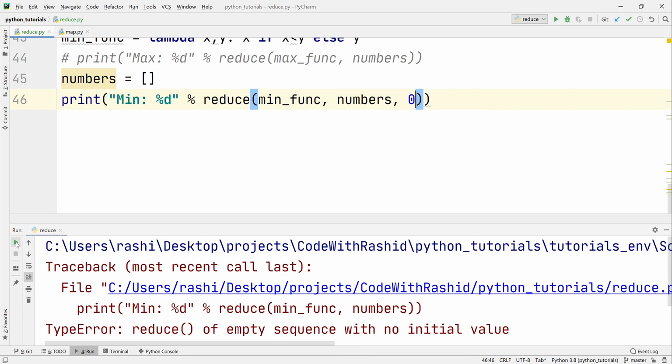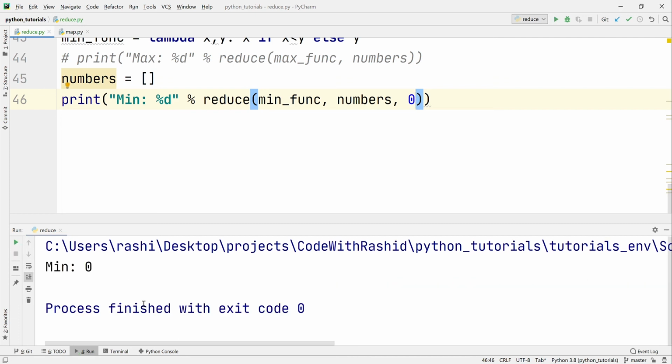If I run the program again, instead of throwing an exception, it will return 0. Basically, whenever the array is empty, reduce function will check the initializer value. If it has an initializer value, it will return the initializer value, otherwise it will throw the type error exception. So guys, this was the reduce function description.